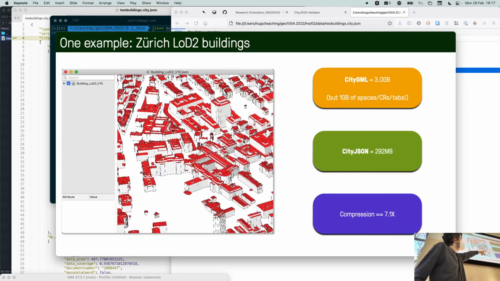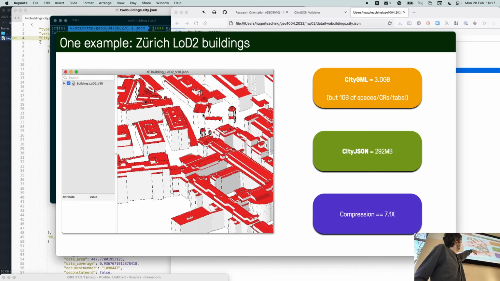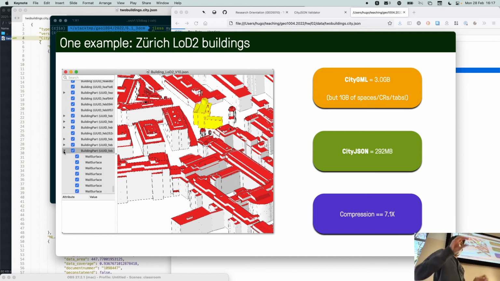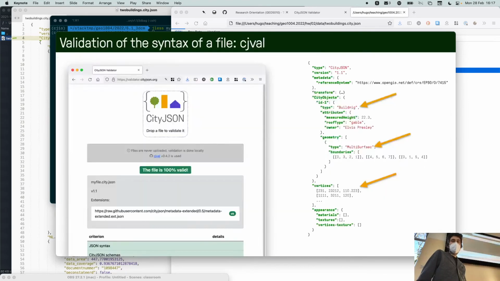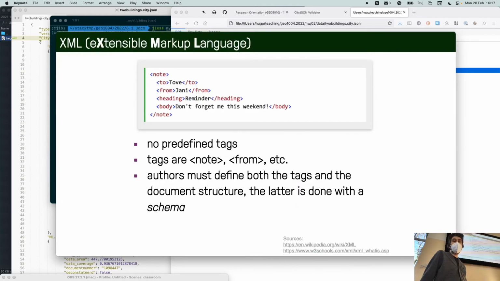And I wrote a compression factor of 7. It's not that I'm bad at mathematics. I'm aware that 3,000 divided by 300 should be 10 point something. But the original CityGML file has a lot of carriage returns. If you want to store something, you have a node, carriage return, space, space, carriage return, space, space. All these spaces and carriage returns take a lot of space in a file.